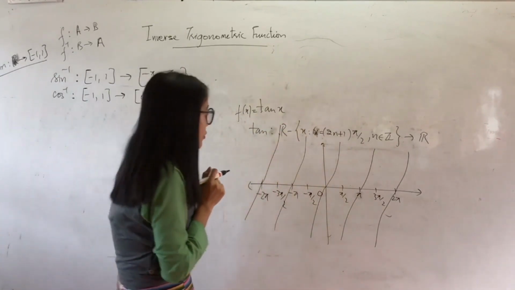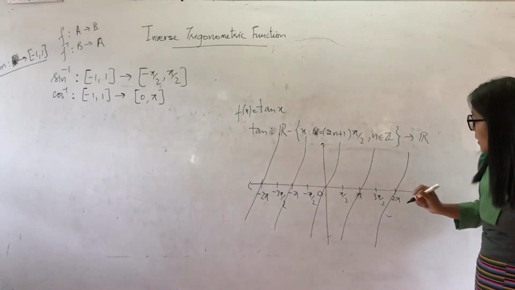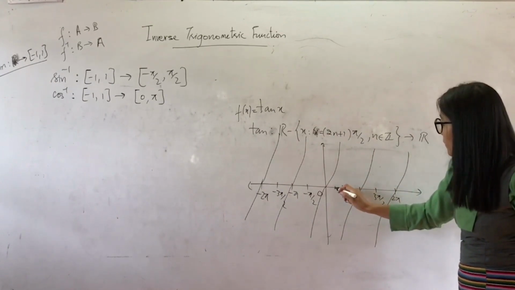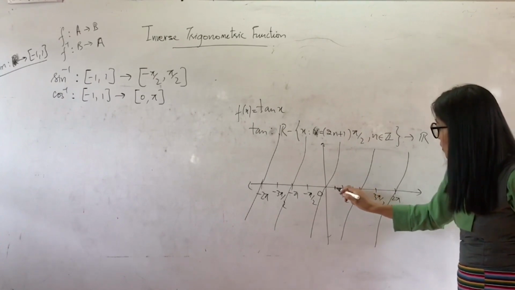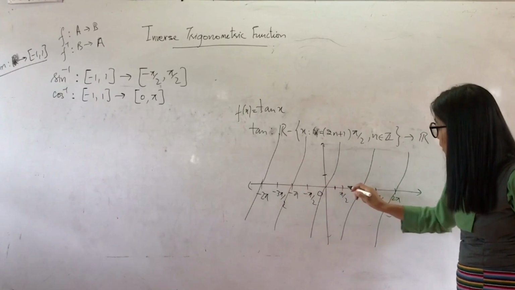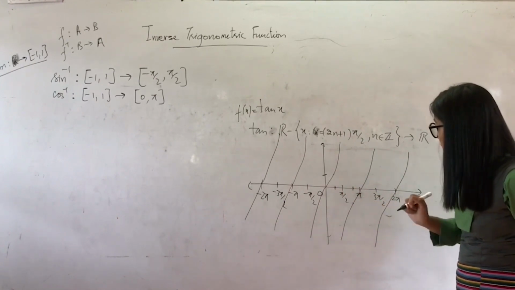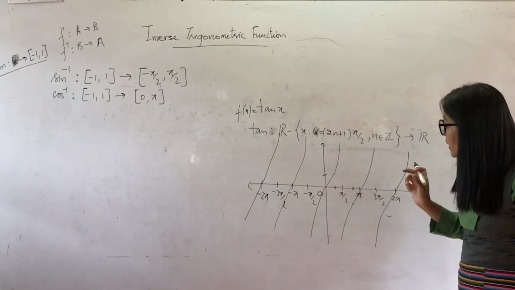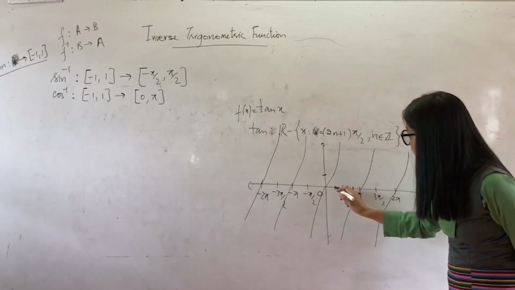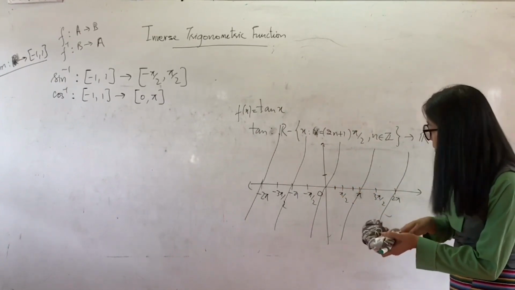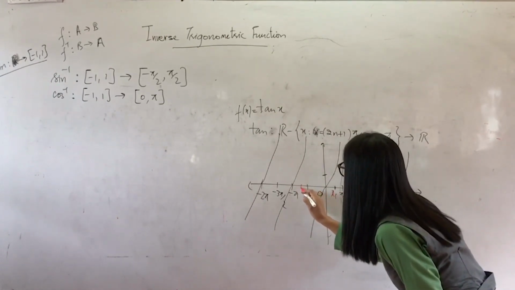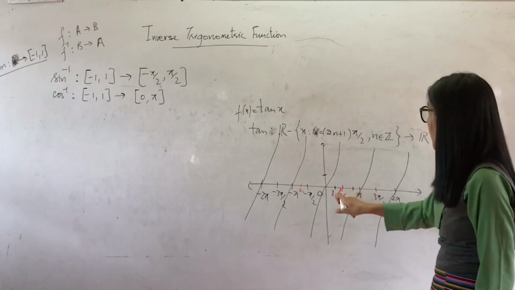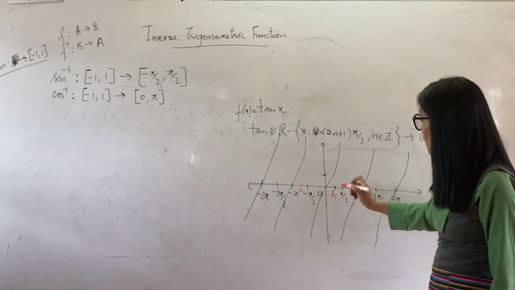Okay. Now you can see, if I take a point here and if I take a point here, this image is here, its image is here, and at this point its image is here, right? So can you look for any 2 points where the image is the same? If I take one point here, say this is x1, and if I take one point somewhere here, say x2, are the images of x1 and x2 the same?